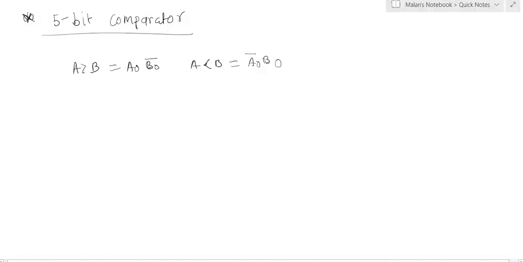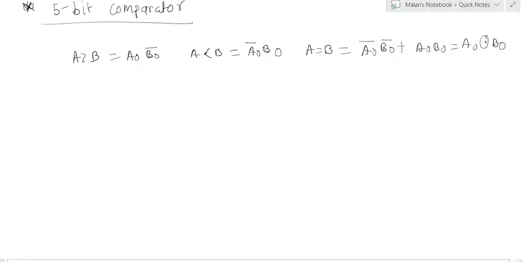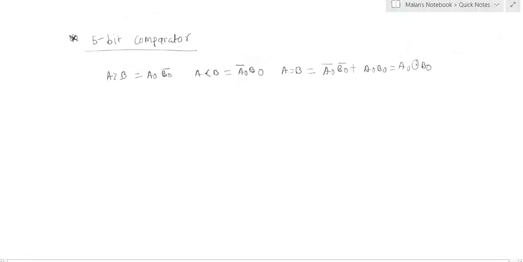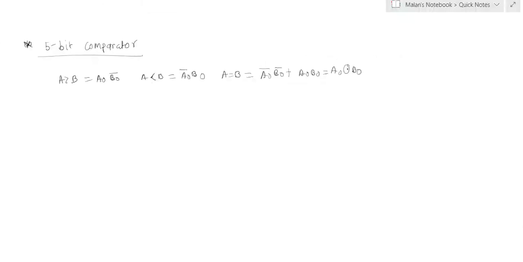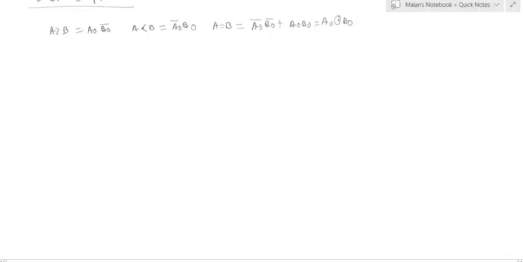And we have A equal to B, that is A0 bar B0 bar plus A0 B0, which is nothing but A0 XNOR B0. Already we have implemented the 1-bit comparator. We can use the 1-bit comparator and the IC 7485. So the 1-bit comparator, now I can achieve by using these expressions.